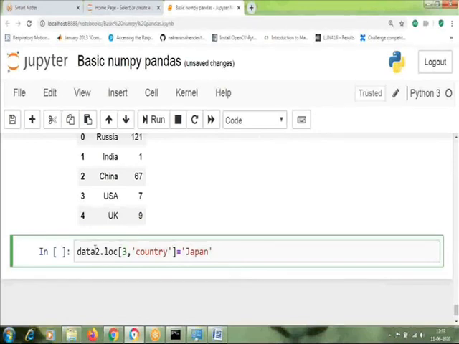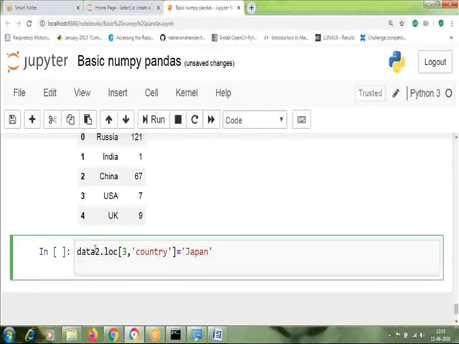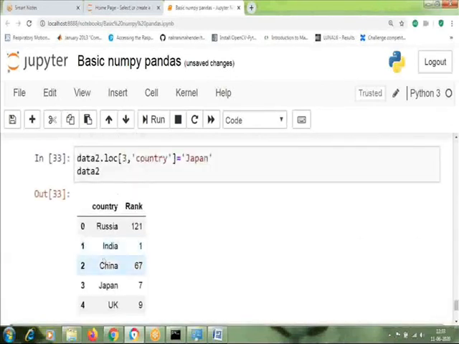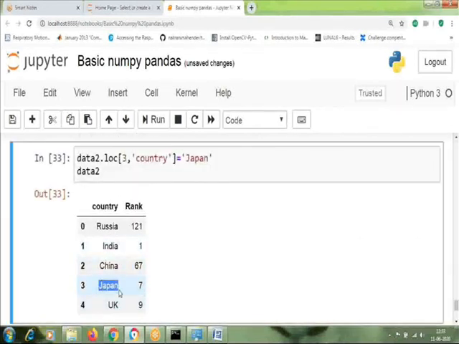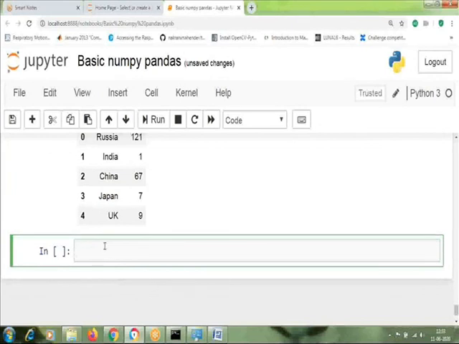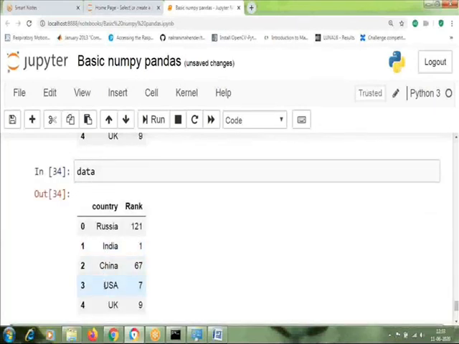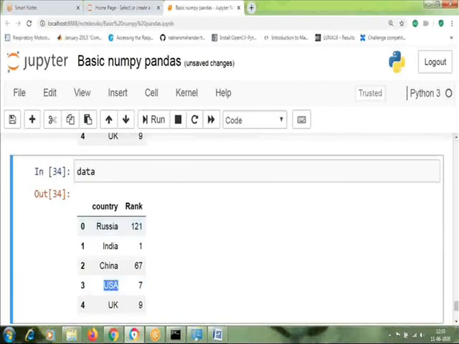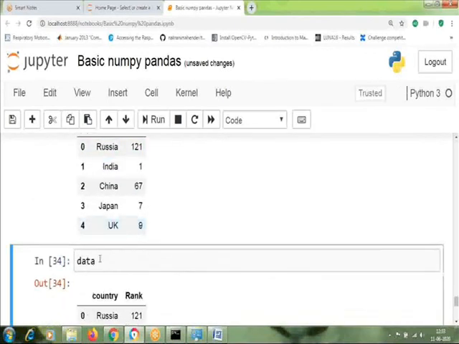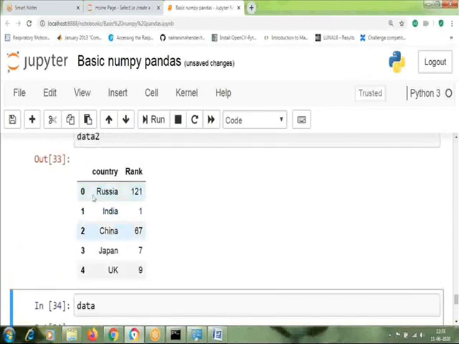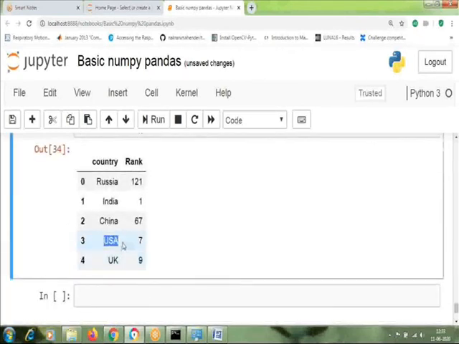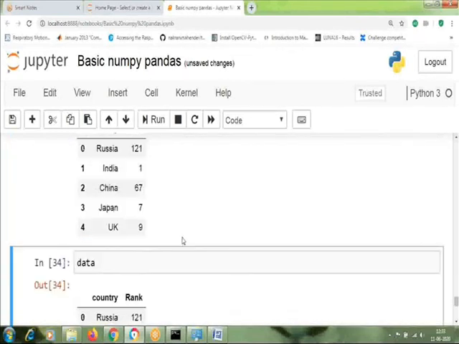You can see that in data 2, it has been changed to Japan. But when we go to the original data set, it is still USA. So now this data 2 is not a reference to the original data set, but it is a completely new copy of this particular data set. So that is how we can create a new copy.